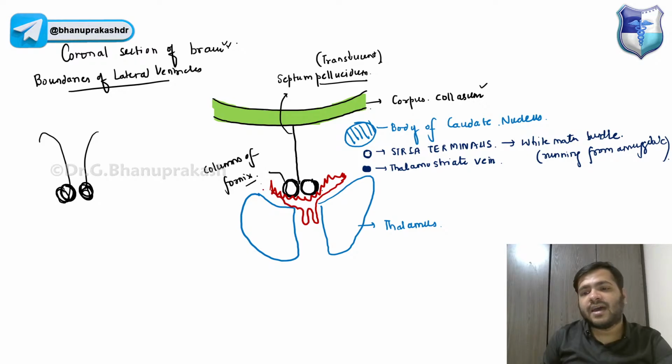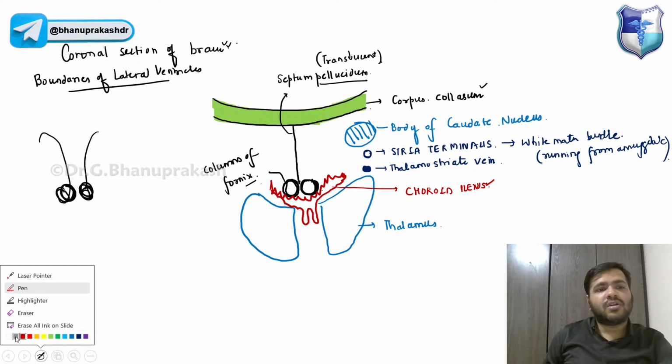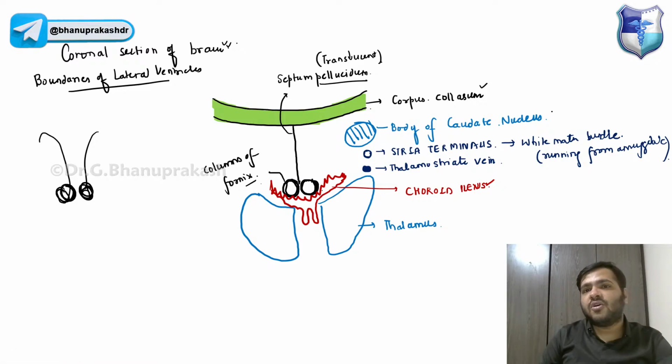This is called the choroid plexus, guys. Choroid plexus, right? So remember, guys, if I'm talking about the body of the caudate nucleus,